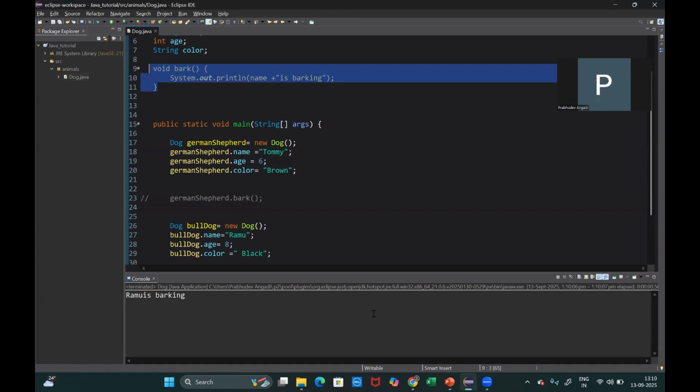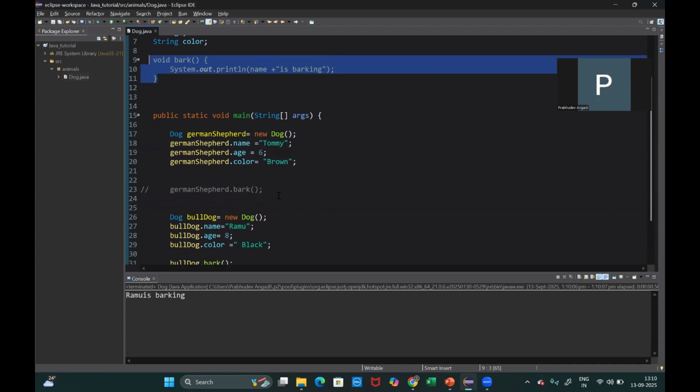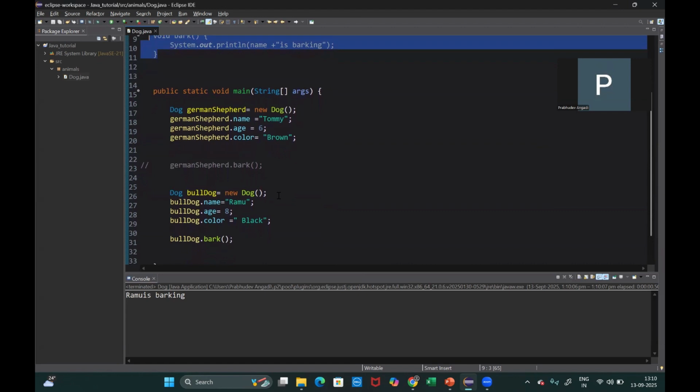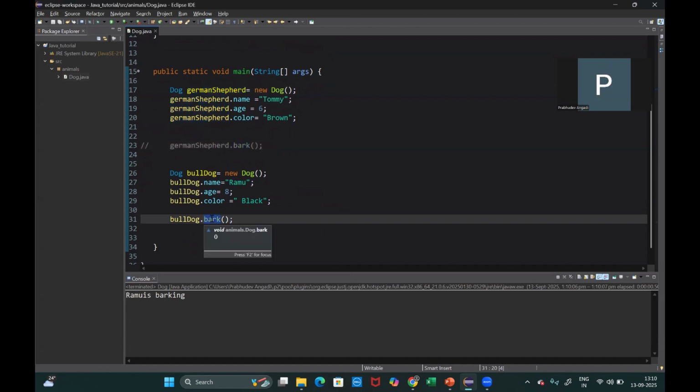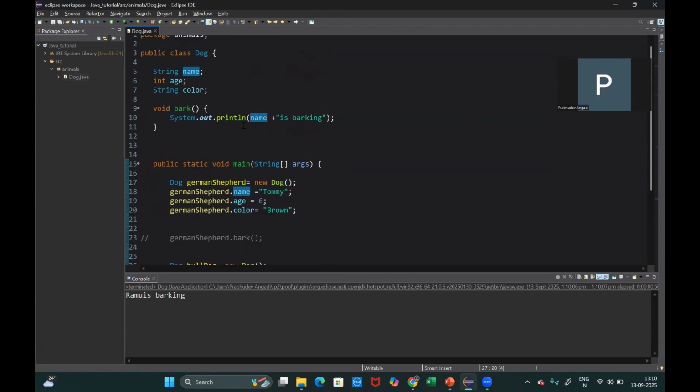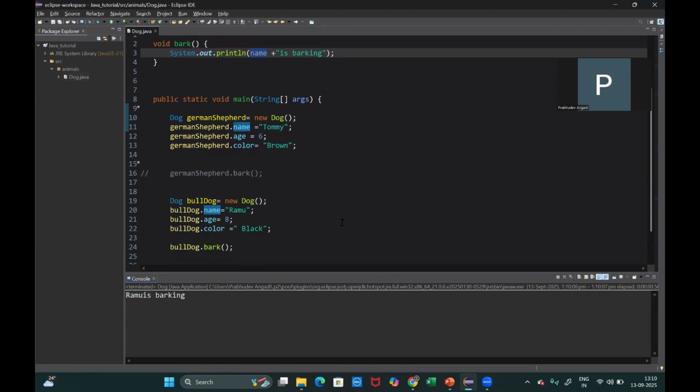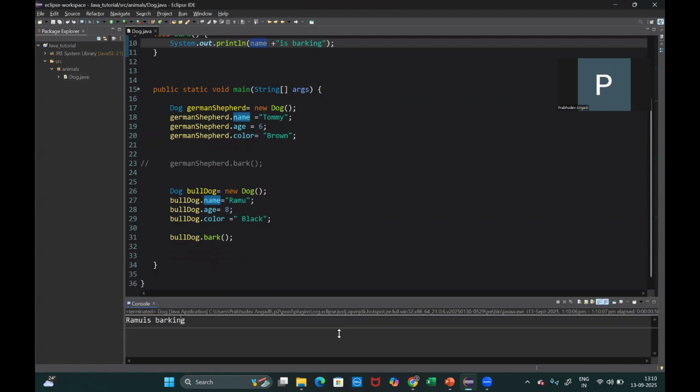because this is the common function. That's why we call it a blueprint. But when I create the object, I'm using that blueprint and specifying the values. Here, when bulldog barks, then it will take this name, and in this name, it will assign bulldog as Ramu is barking. I hope now you understood what is the class, what are the objects,